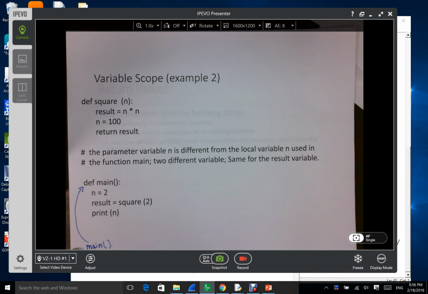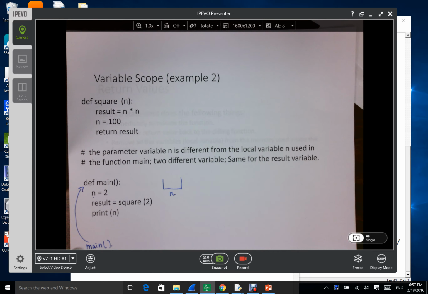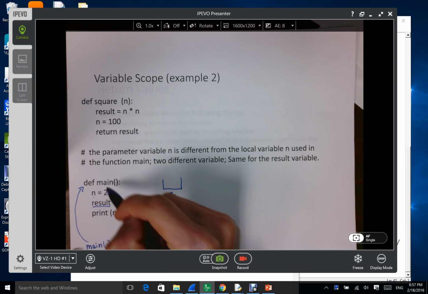But let's first identify the local variables for each function. So let's first look at the main function. What are the local variables? We know that this is the n, so we have n here, right? And then we have what? We have a result, right? So that's another local variable to the main function,